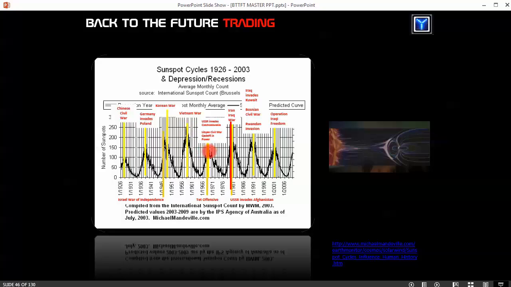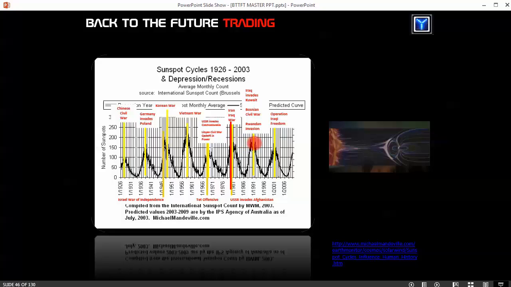The top of this sunspot cycle, we have the bloodiest battle in the Vietnamese conflict, the Tet Offensive. 50,000 people, I believe, were killed in that one battle. Russia invades Czechoslovakia. Libyan civil war puts Gaddafi in power, the bloodiest Middle Eastern battle to date at that point in that cycle. Then on the top of the next sunspot cycle, more sun snot hits us, but then it starts to fade away. It's not as great, and we have Russia invading Afghanistan. We have the Iran-Iraq War, which is now the bloodiest battle in Middle Eastern history.